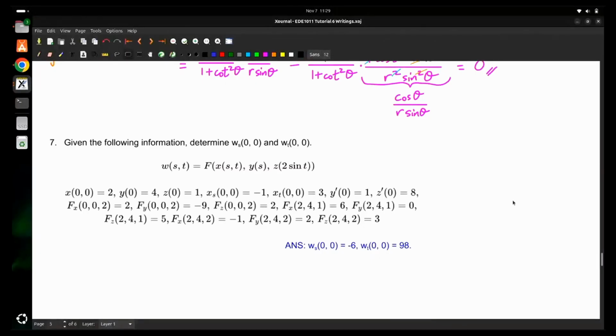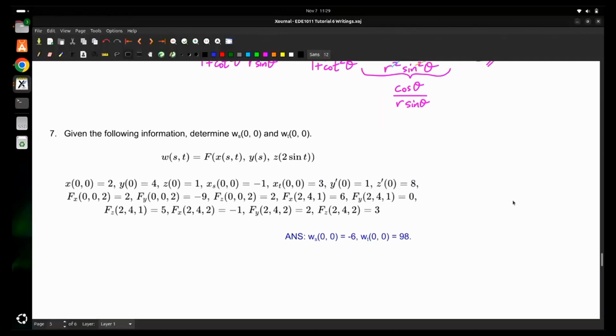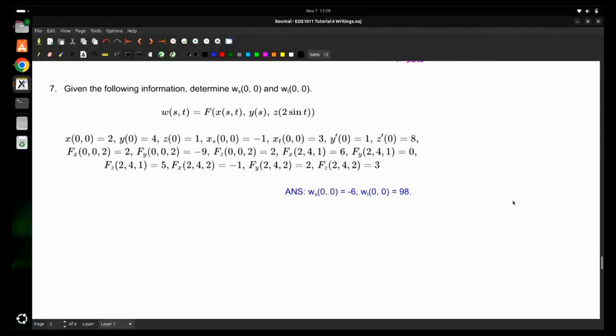But without doing the differentiation. That means it's testing you kind of in the conceptual understanding of the chain rule, okay? So no differentiation needed, right? Okay, so the story is like that. Now you have this composite function, which is big F of x, y, and z. And then because x is a function of s and t, y is a function of s, z is a function of 2 sine t, so therefore you sub in all the s and t expressions, eventually you are getting a net